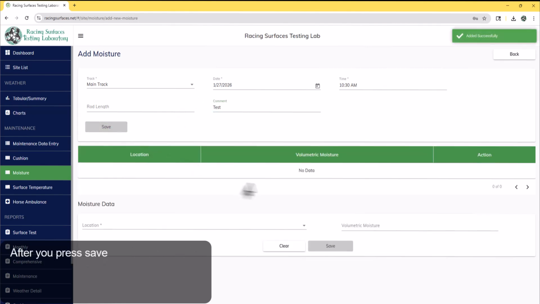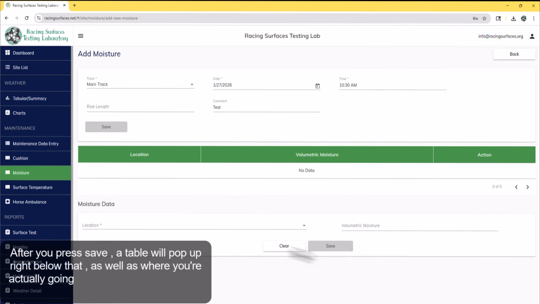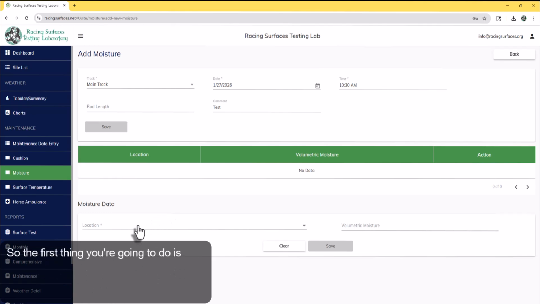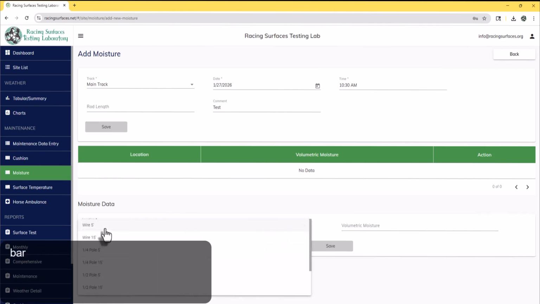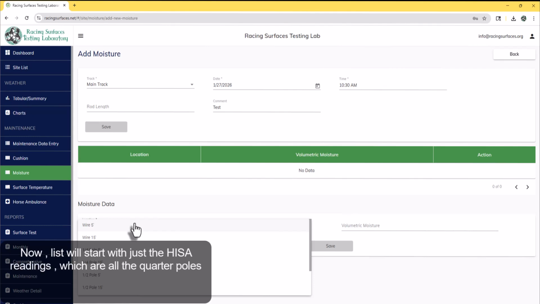After you press save, a table will pop up right below that, as well as where you're actually going to enter the data below the table. So the first thing you're going to do is click in this location bar, and all of your locations that are set up for your racetrack should show up in this list here. Now, the list will start with just the HISA readings, which are all the quarter poles at 5 and 15 feet off of the inside rail. This list is fully customizable,